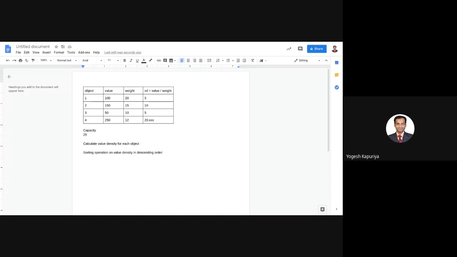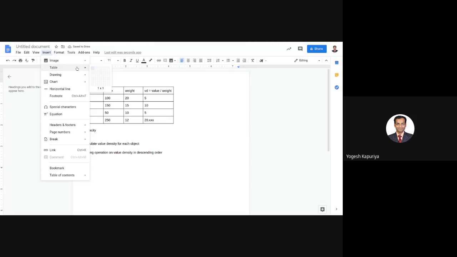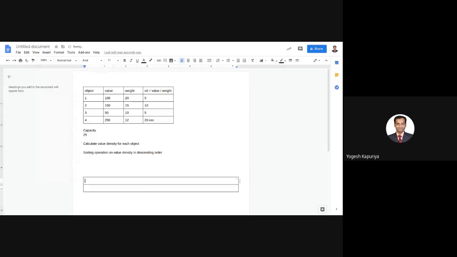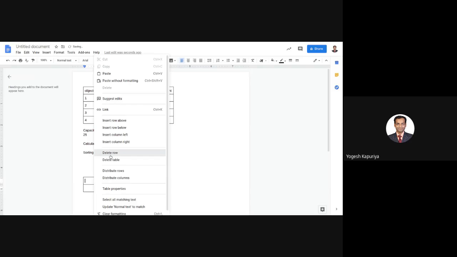Now what will you do? You will pick the first object and put it inside the knapsack. Let us assume that currently nothing is there inside the knapsack. So let us assume this is my knapsack, currently empty, right?